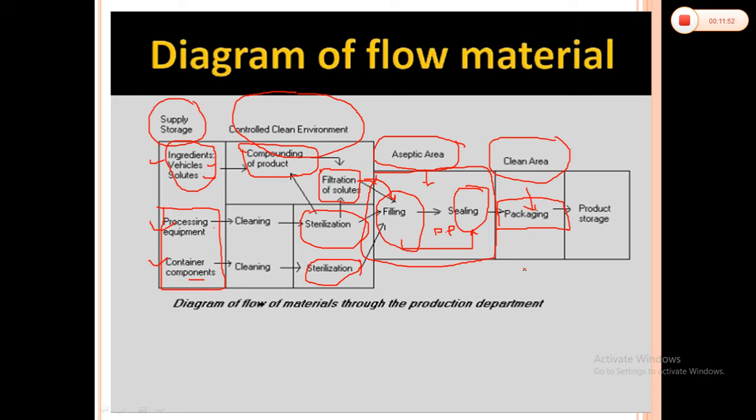So here our product is now completely free from microorganisms. Now it will go to the secondary packaging, but before that, inspection is carried out of the sterile product which is properly filled and sealed in the containers. The packaging will be performed, and at the end, before dispatch of the product, the product is stored in specific conditions.